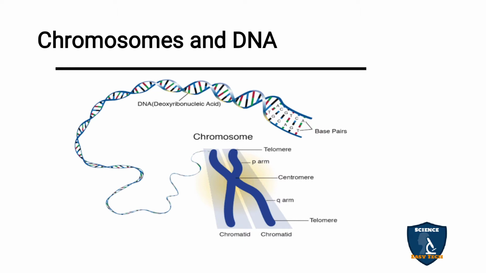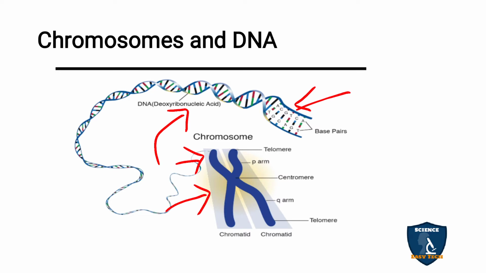So the chromosome, this is the chromosomal structure. This chromosome is made up of DNA, a compact structure of DNA that is made up of so many genes. The position of the genes located on the chromosome is known as locus. And the DNA, you can see here, has a double ribbon-like structure,